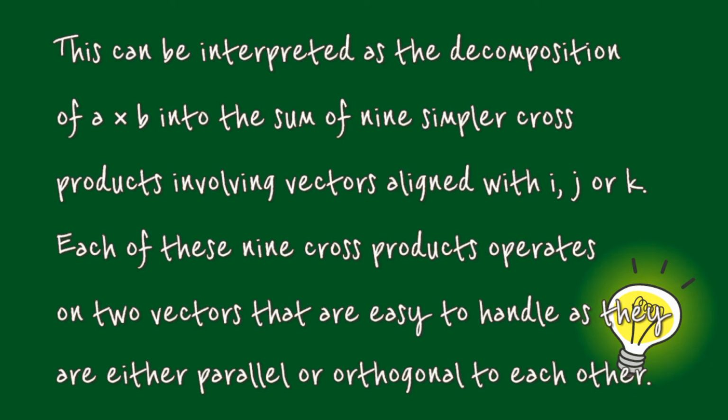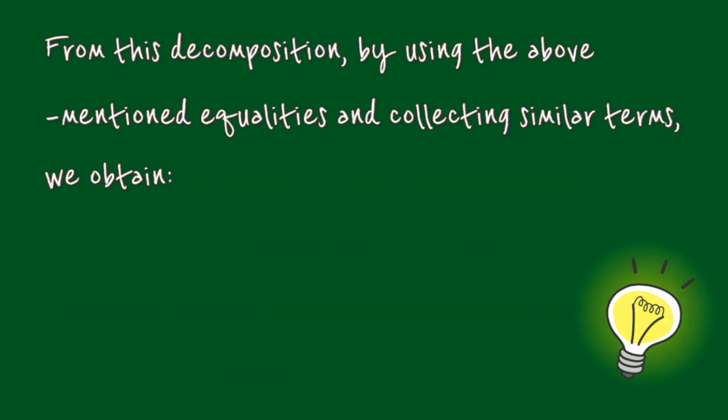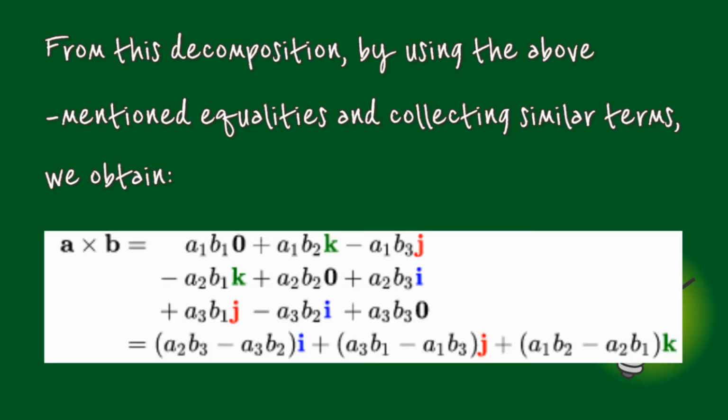These can be interpreted as the decomposition of A cross B into the sum of 9 simpler cross products involving vectors aligned with i, j, or k. Each of these 9 products operates on two vectors that are easy to handle, as they are parallel or orthogonal to each other. From this decomposition, by using the mentioned equalities and collecting similar terms, we obtain